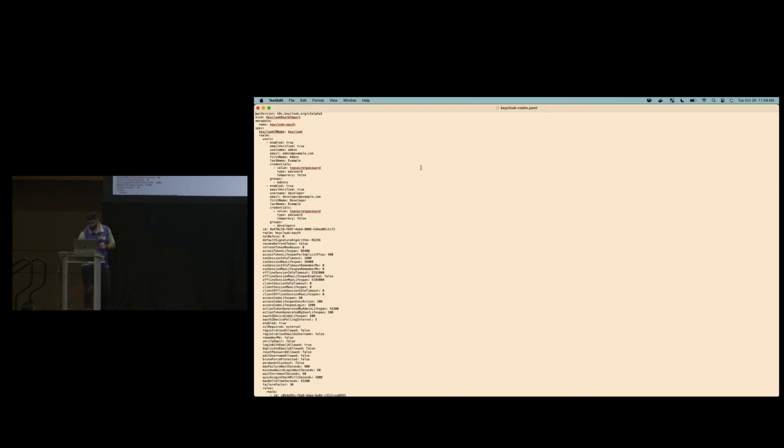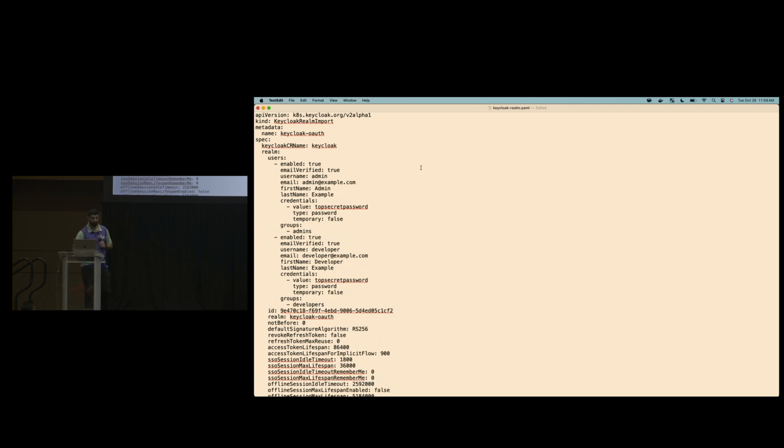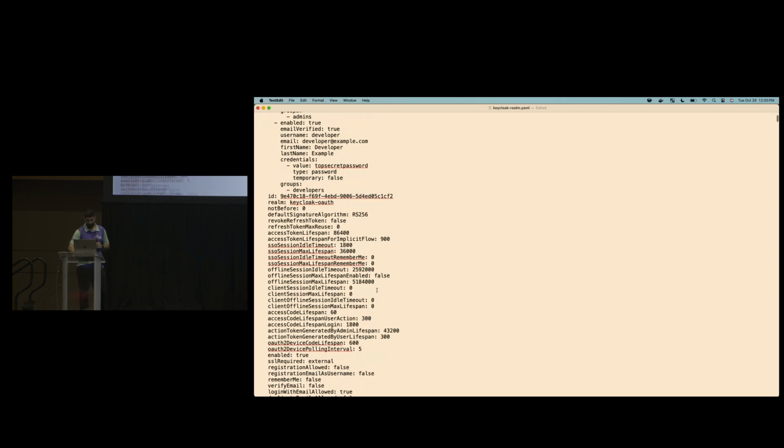So let's zoom in here, another YAML file. This just basically describes all the different resources that belong to my Keycloak. And this is beautiful because, hey, if you want to implement everything as infrastructure as code, well, it will allow you to do that. And again, this is all open source, which is unbelievable in my opinion. As you can see, I have a few users that I added here. And the rest of the definition.